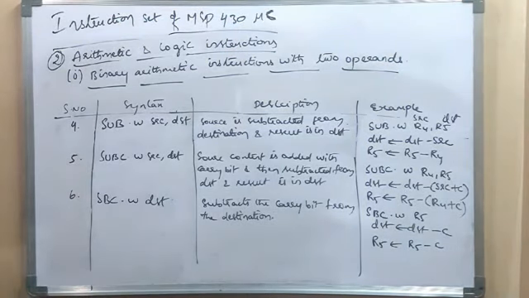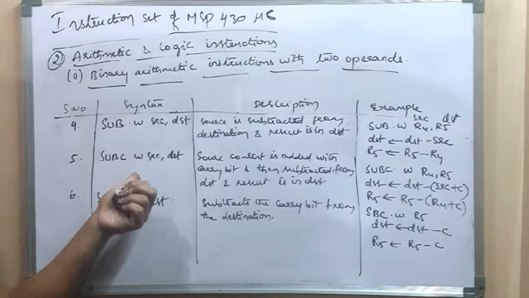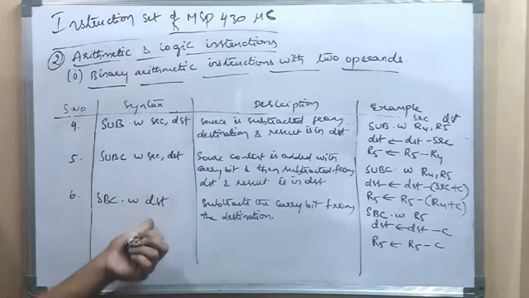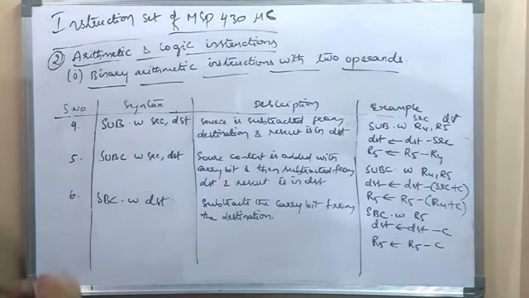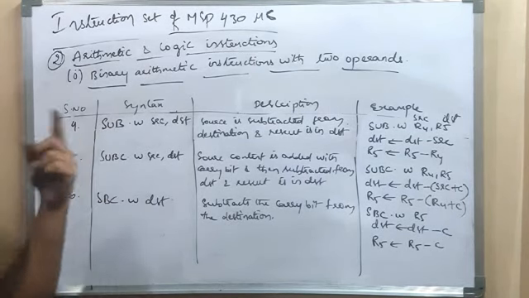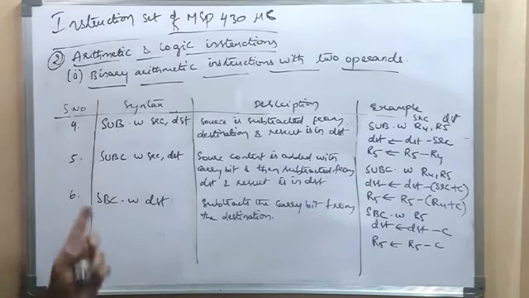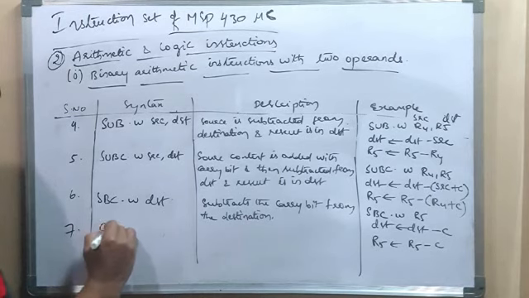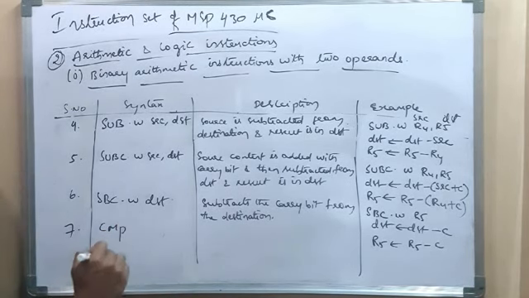So SBC is different, as we have ADC in addition instruction, addition of carry with the destination. So we have a subtraction of carry from the destination. So this is different from this instruction, this is different from this instruction. Here carry is not considered, here carry is considered, here carry is subtracted from the destination, right? We don't have this instruction in case of 8086 microprocessor, we have only these two, like SUBB, subtraction with borrow, and SUB in case of 8086. But we are talking about MSP 430, don't get confused and remember all these. And the last one is compare.